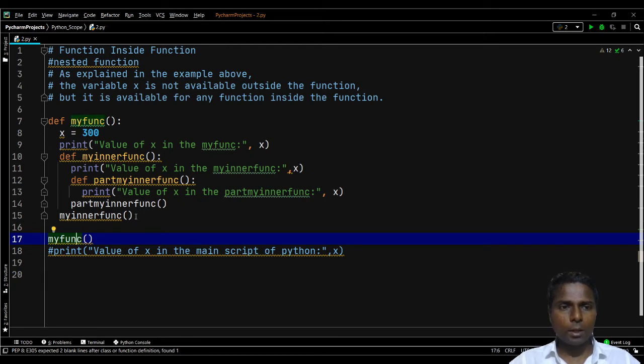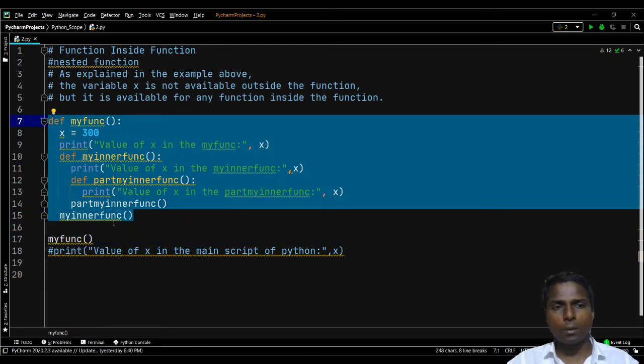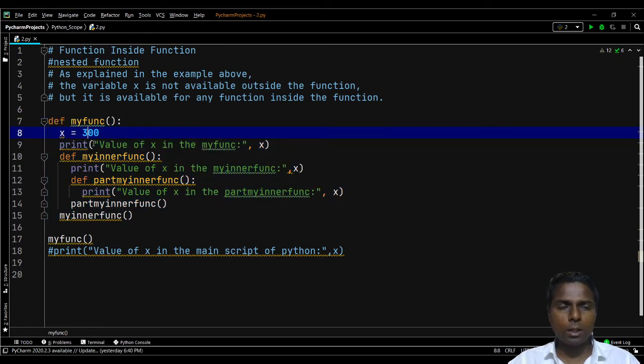Once it is called, the entire definition of my func gets executed. x equal to 300, the value will be given to the entire function my func. In this my func function we defined the first function, my inner func, and in this my inner func we defined one more function, part my inner func. So part my inner func is part of my inner func, and my inner func is part of my func. In this way we defined functions inside functions, and in each case we are trying to understand the value of x.